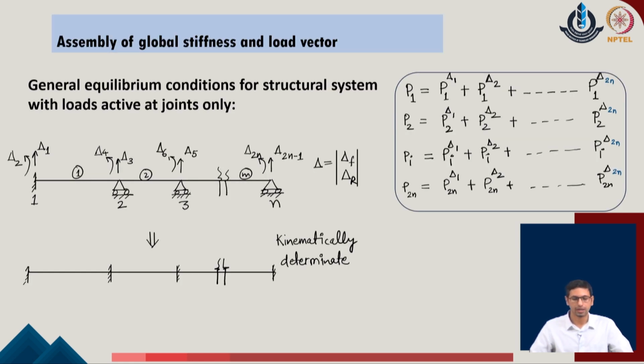Now, what we have already understood in the previous session is that for a given problem, we identify all the degrees of freedom in the given system, which includes the degrees of freedom which are free as well as the degrees of freedom which are restrained. And now, as a general idea, we have also come up with a system of individual members, in which rather than defining the degrees of freedom at only one end of the given system, we have considered all the possibilities of the available deformations of the system, and those we have located at both the ends.